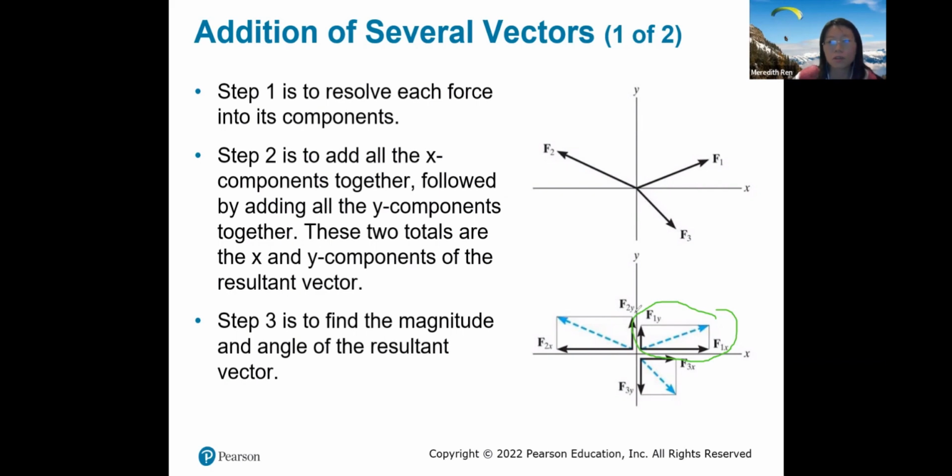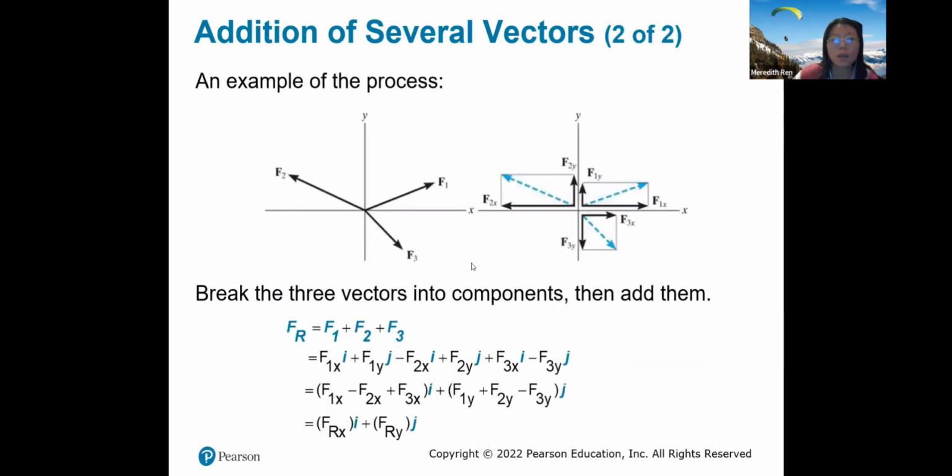We're doing a similar thing for the vector F2, breaking F2 into horizontal component F2x and vertical component F2y. And then lastly, there is F3. We're breaking it into the horizontal component F3x and the vertical component F3y. We're going to break every single one of the forces into the horizontal component and the vertical component. Now, next step,